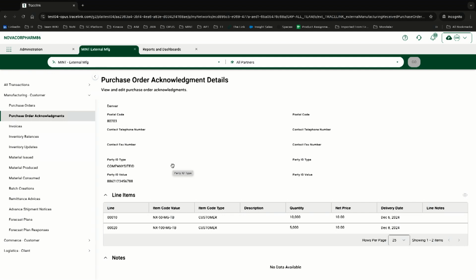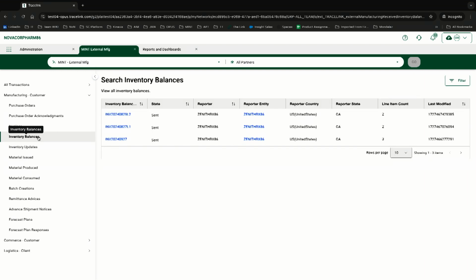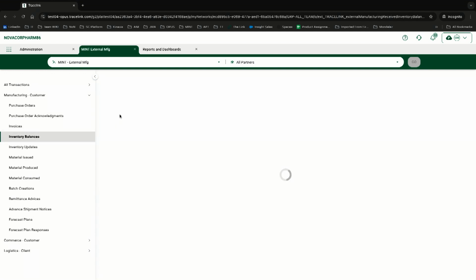Okay, right, so I'm just going to show you inventory balance. Again, working with CMOs, you want to see the inventory information. They can send inventory about the products that they have stored within their warehouse for you. So again, if I just click on one of these inventory transactions,